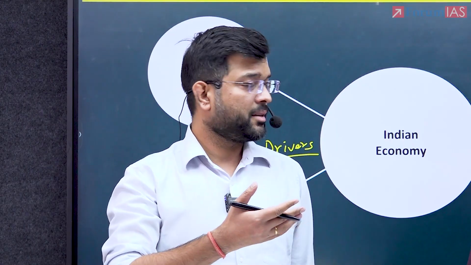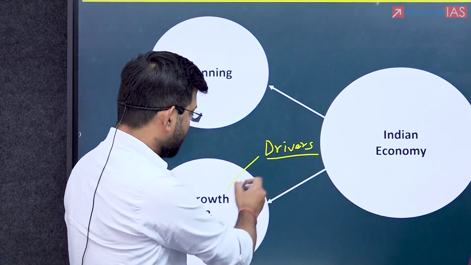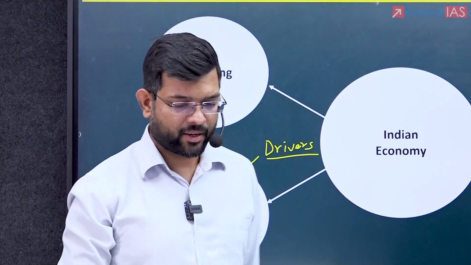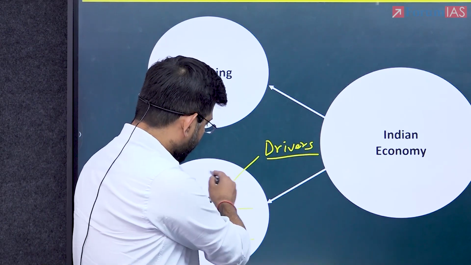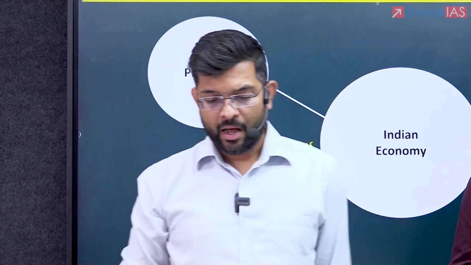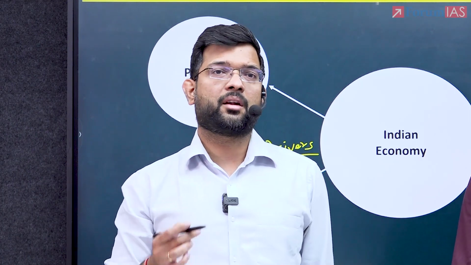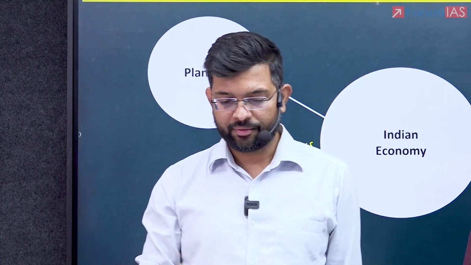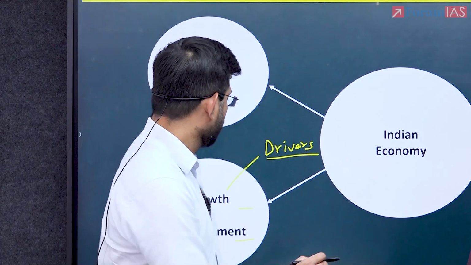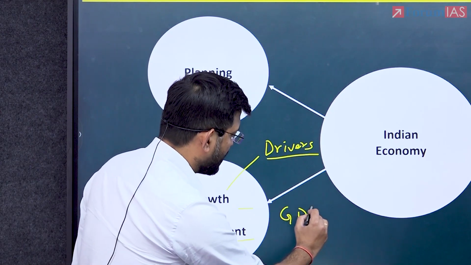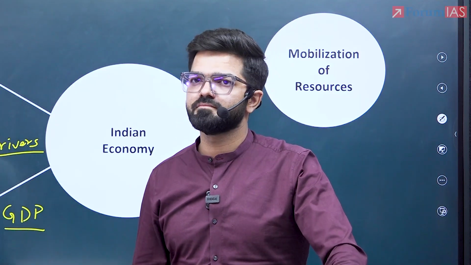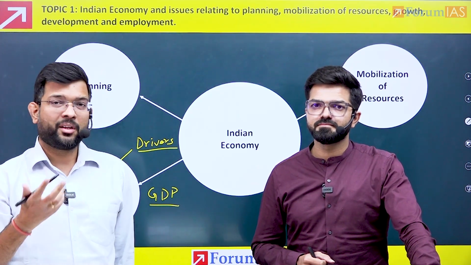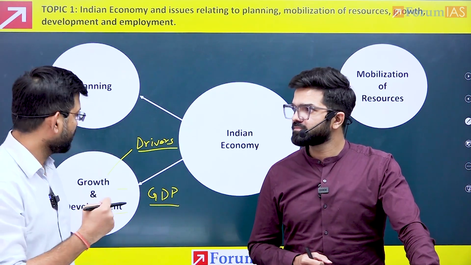So demographic dividend, like I mentioned, is another major aspect which comes from this only. It is a driver of growth, and then the challenges and issues related to demographic dividend can be asked separately. Now coming to the next part, what is the difference between growth and development? And then you have what are the factors which are affecting growth. This in itself can be a standalone question. What are the factors which are affecting the growth of India? Then in terms of growth and development, you have GDP as an important factor. Now, difference between GDP and GVA, they've already asked this question. Yes, already asked also. Then what is the utility of GDP as a measure of growth? Exactly. Right?